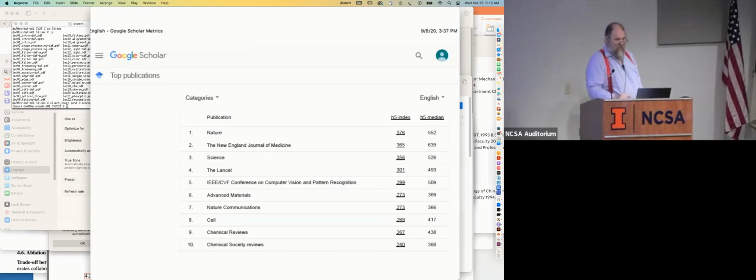So vision is flourishing. Something I do to annoy my colleagues is show this list of influential venues of publication in science. The top one is Nature. It's kind of hard to get into, but the really hard to get into is CVPR, which is number 5 in science in terms of citation impact. Right? So vision really is just growing like Topsy. We're more visible than Cell and slightly less visible than the New England Journal of Medicine, which is kind of fun.